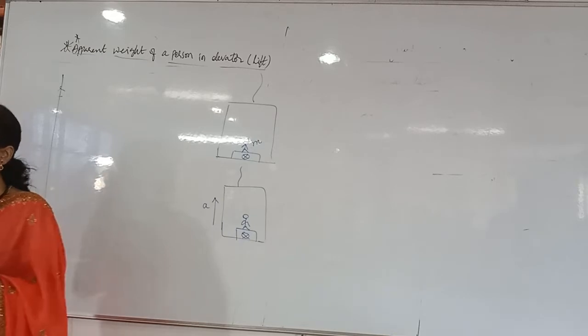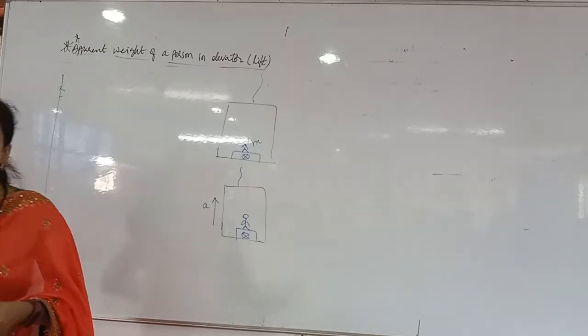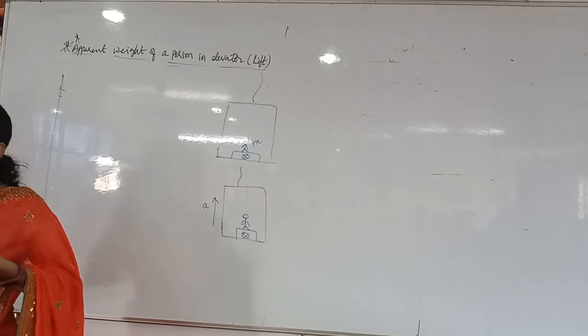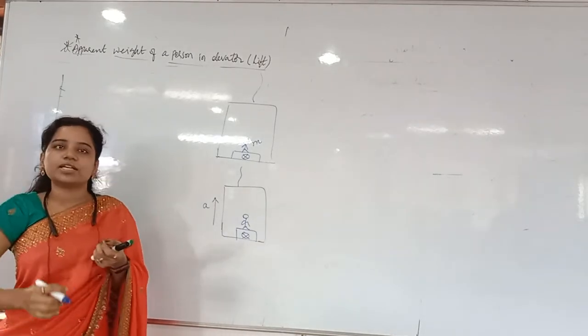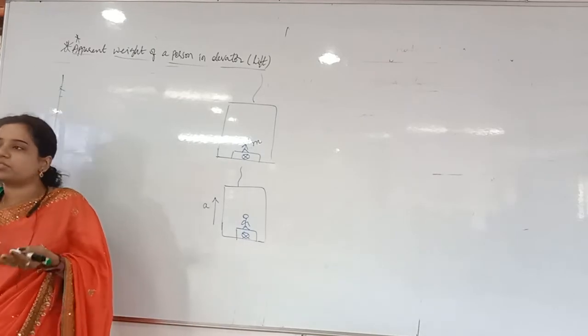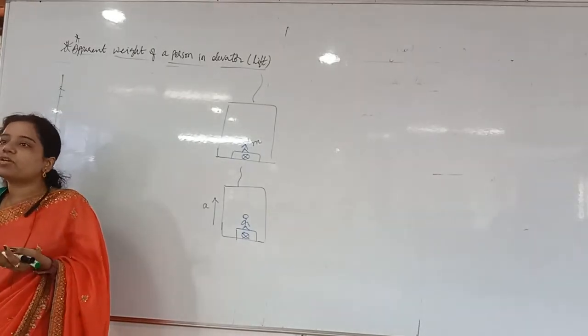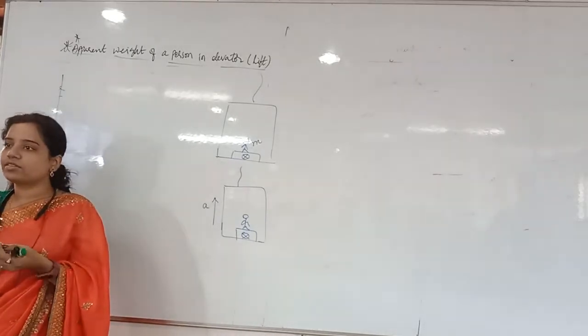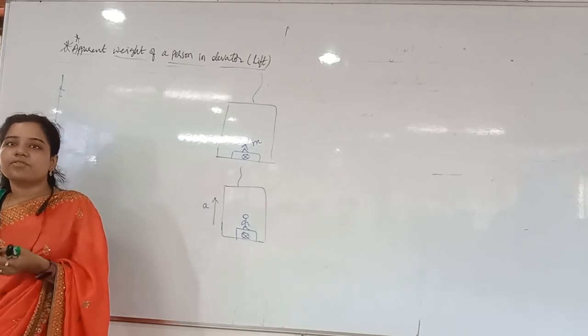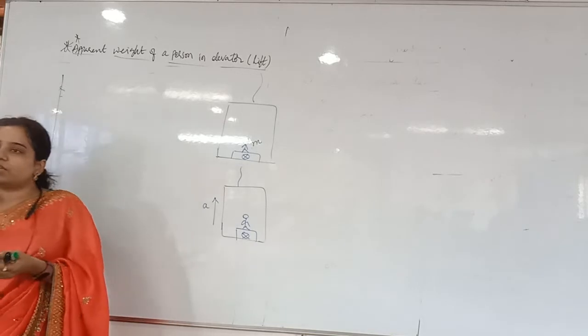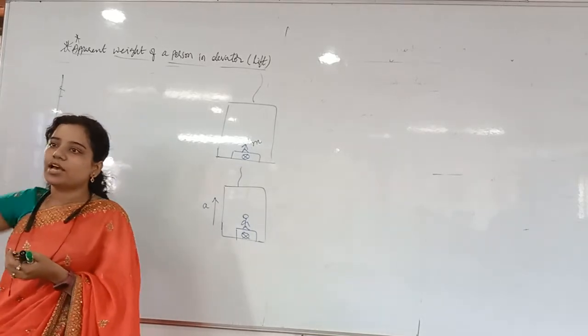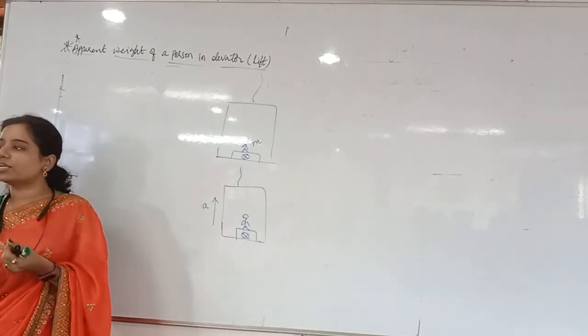More weight. Whenever the giant wheel is coming downwards, at that time you will feel lifted. You are able to assume that whenever the giant wheel is coming down, you will feel that you are getting up from the seat. Correct? Why? Because we will feel less weight there. The weight will be decreased there. Whenever it is going in upward direction, at that time you will feel more weight.